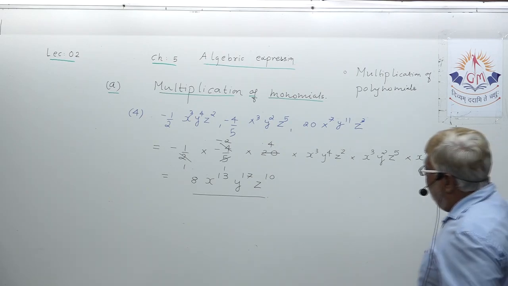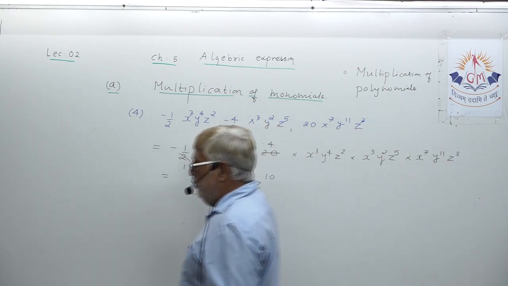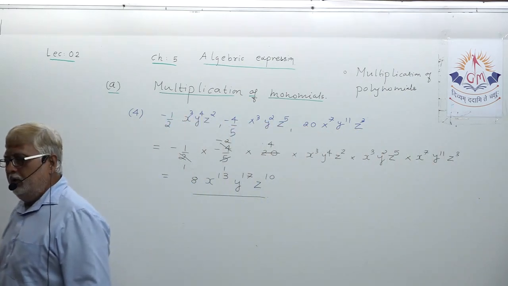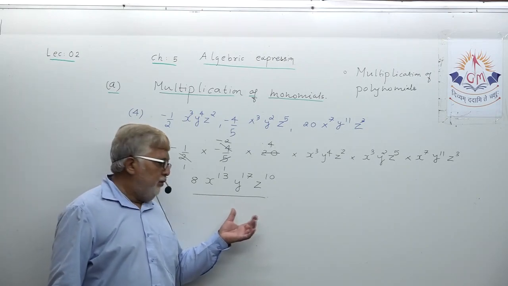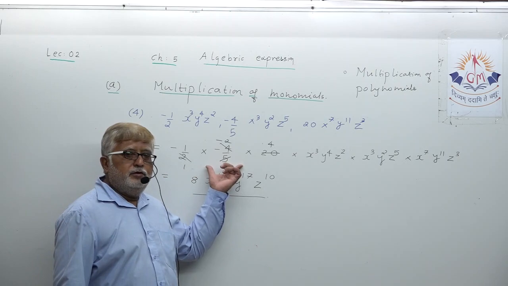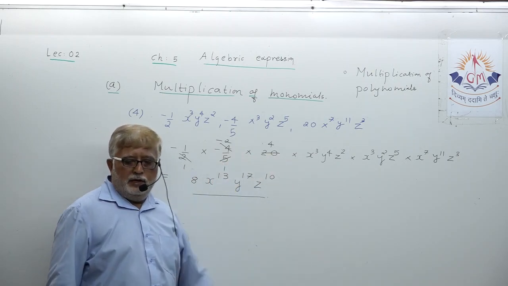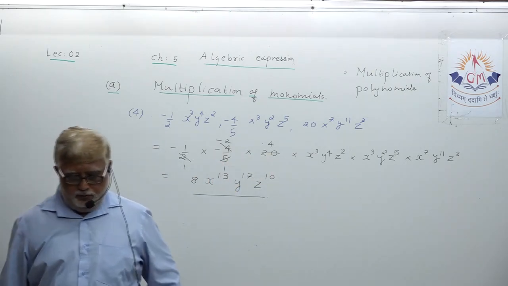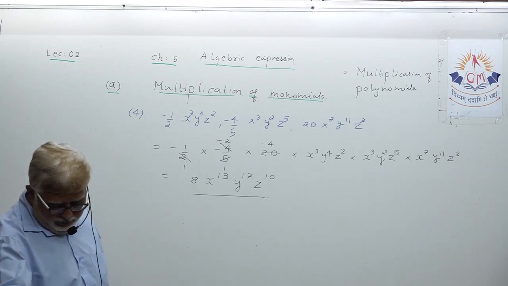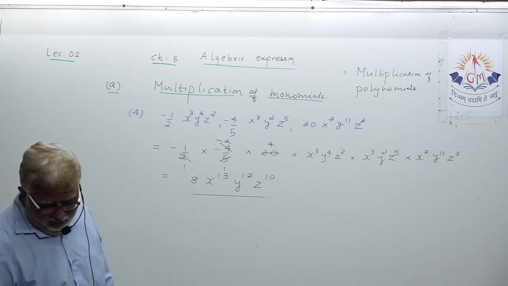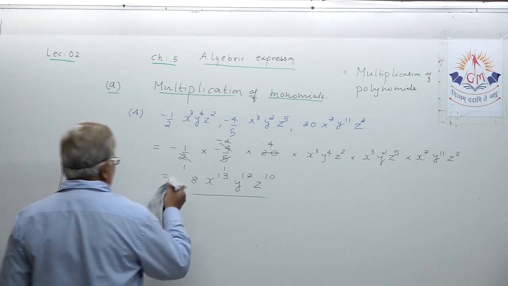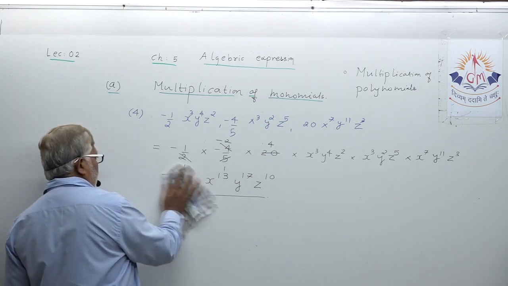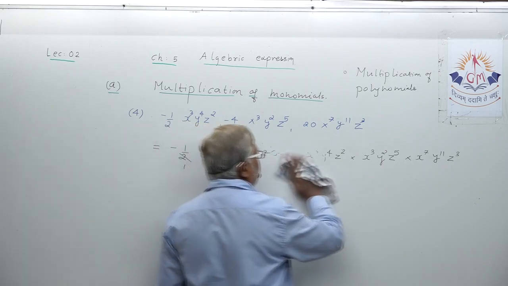Okay, I may in exam give 2 monomials, 3 monomials, 5 monomials, but everywhere the process is going to remain the same. First the multiplication of numbers and then targeting the variables. Okay, so this is the first concept we have understood today. Okay, right? Now let us go for the next topic, that is